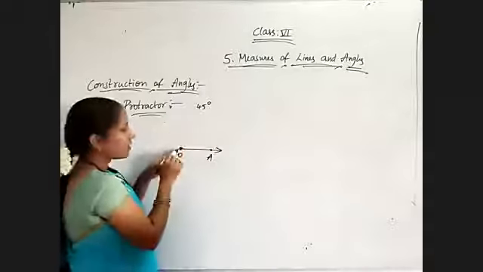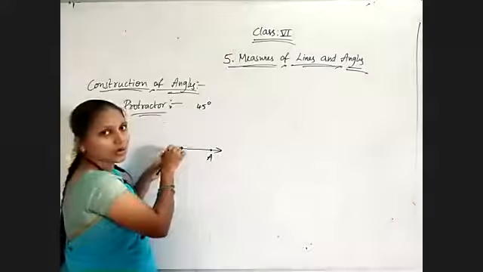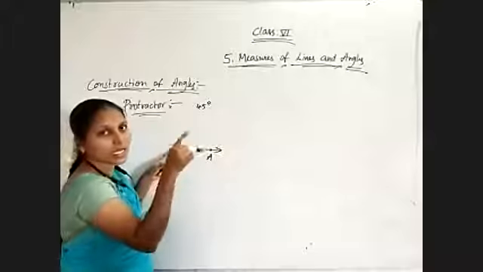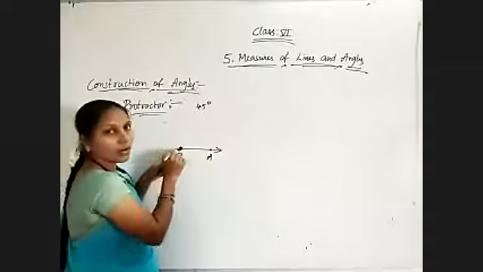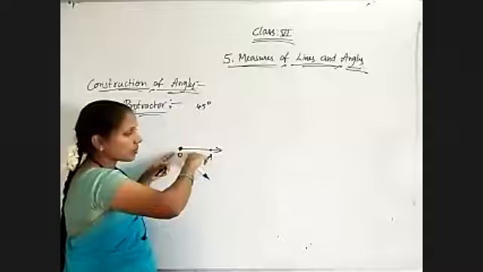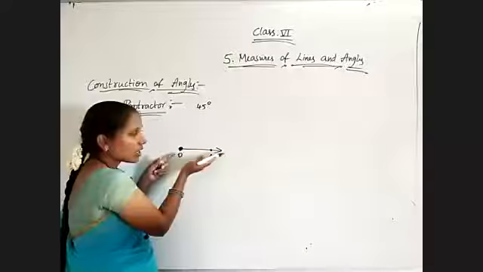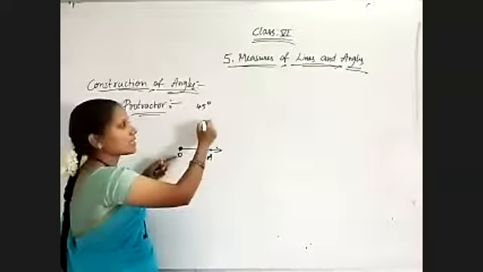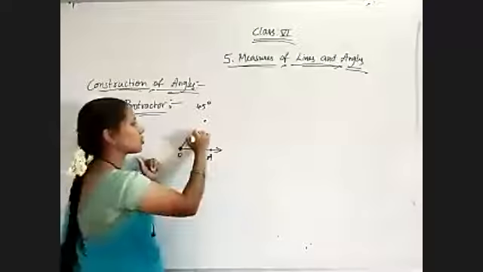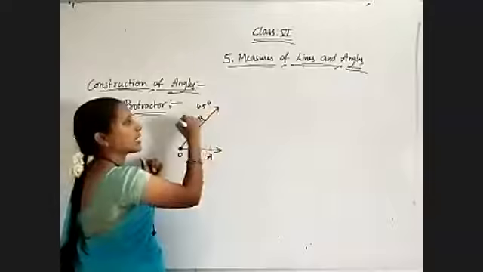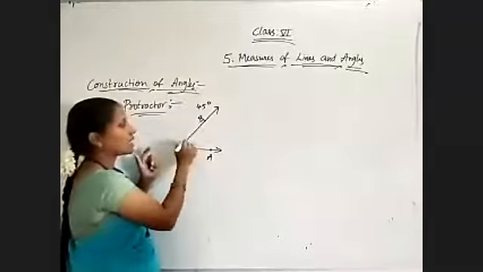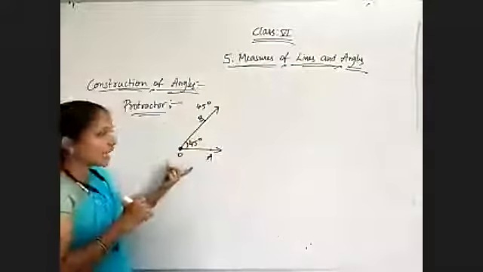For that sake, first of all, set your protractor at O. Whatever common point is there on the protractor, you must keep at O. And the 180 degrees straight line, you must set on the ray OA. Because it's spreading to the right, take inner values 0, 10, 40, 45. Where you are getting 45 degrees, just mark a point. Now remove the protractor and join those 2 points. Name this point as B. Now angle AOB is equal to 45 degrees is formed in anti-clockwise rotation.